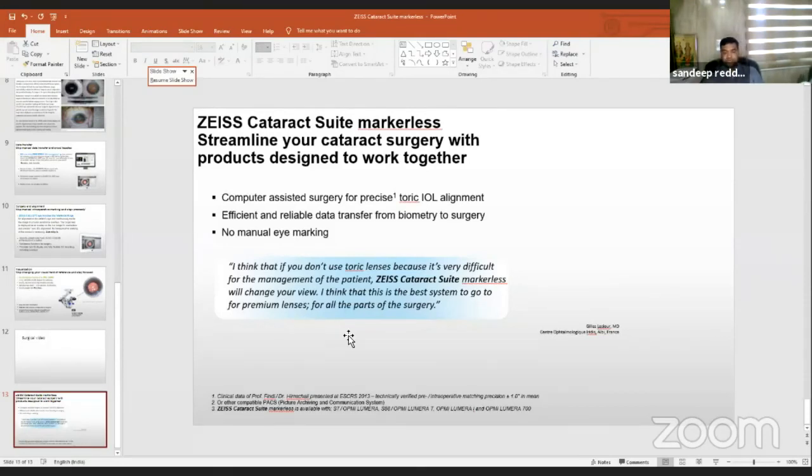And the only disadvantage I feel the general ophthalmologist will face, compared to the Varion system, is that you need to have a Lumira family of microscopes for sure, to have the Callisto system. And the IOL Master is a compulsion to have for the cataract suite. While the Varion system can be attached to any of the microscopes, the Varion system does not have any kind of recording system at all. So overall, I would feel if you have a Lumira microscope and an IOL Master, the Callisto will add to your practice and will give the best results to your patients.